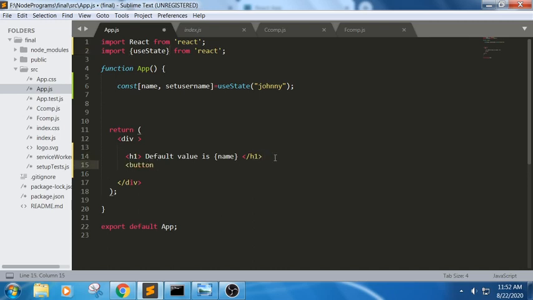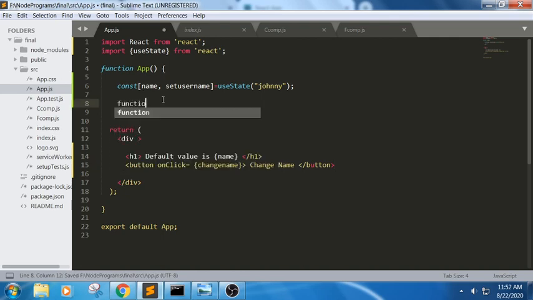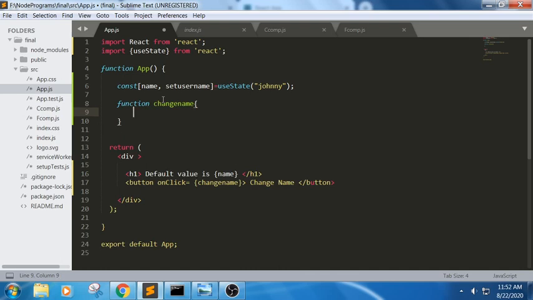Just now we have done onClick followed by the function name. Let me write changeName here. In this I'm defining the function changeName, and we should be able to set the new user value.